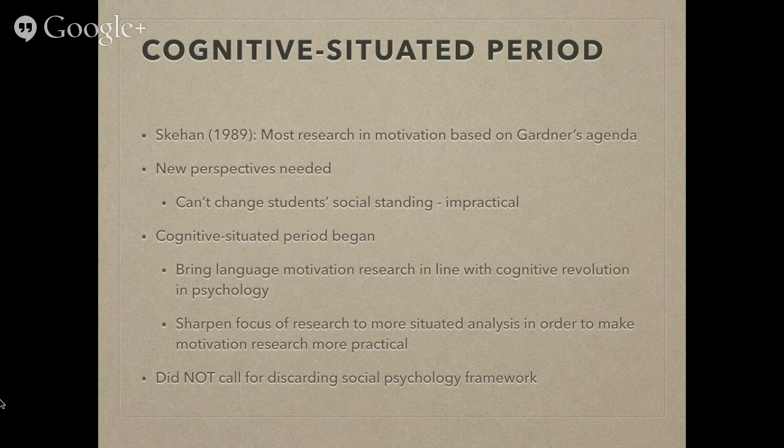We see it's very focused on the social aspects, but like we had last time with the cognitive revolution in psychology, you can't really have one without the other. You have to have both combined. You can't have them in isolation, or they don't really explain very much. And so Peter Skehan kind of saw this in 1989. He was like, okay,